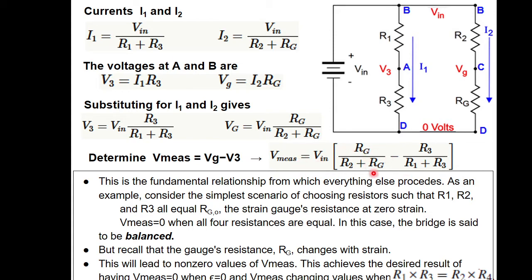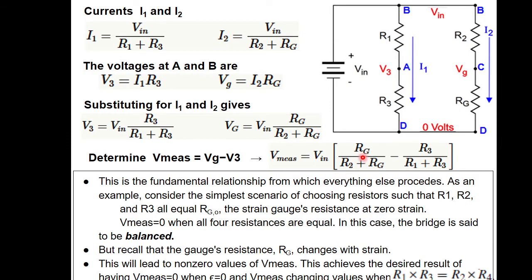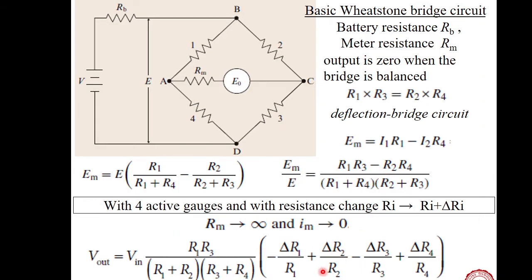Okay. If we substitute the changes in this equation, if Rg is Rg plus delta Rg, so here this is R4 plus delta R4, R2 plus delta R2. That way if we substitute these things, we get this particular equation, with some manipulation. This is fine. So this is our V out. V out means the voltage we measured across this voltage meter. V in is this supply voltage, say, or E, whatever. Now, what is this quantity? Let us observe this.